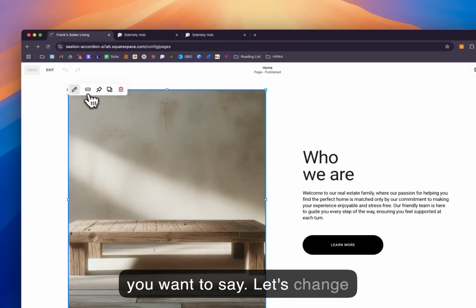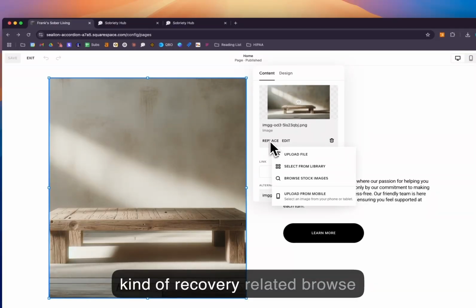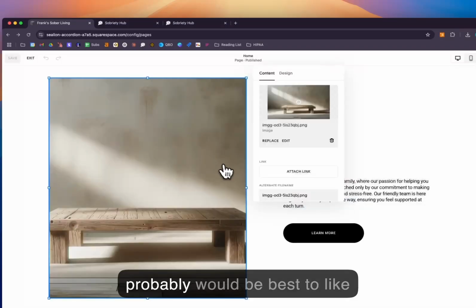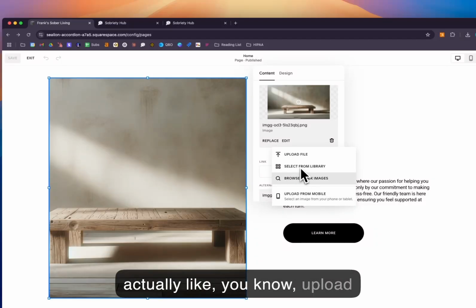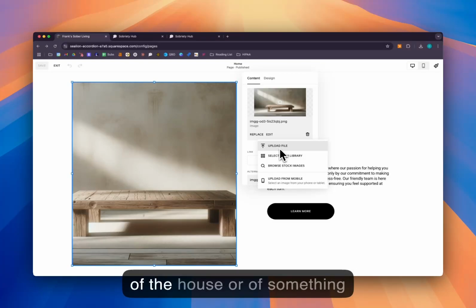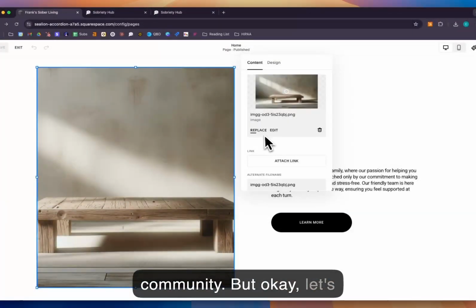Let's change this picture to something more recovery related. Browse stock images. And it probably would be best to actually upload a picture from your phone, of the house or of something that really represents your community. But okay, let's upload, or oops, let's